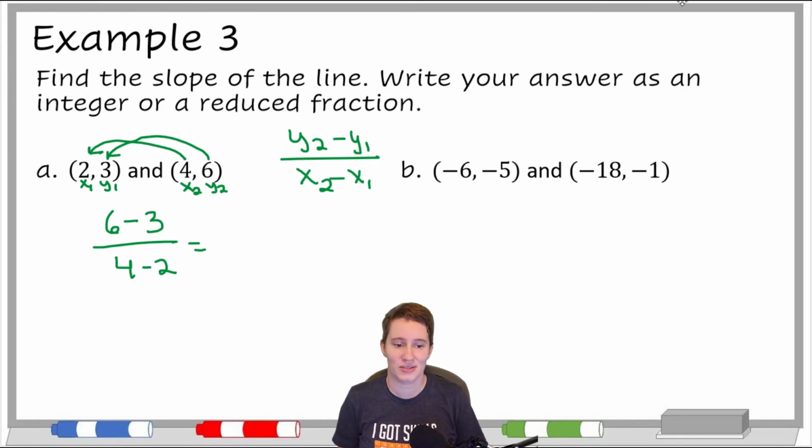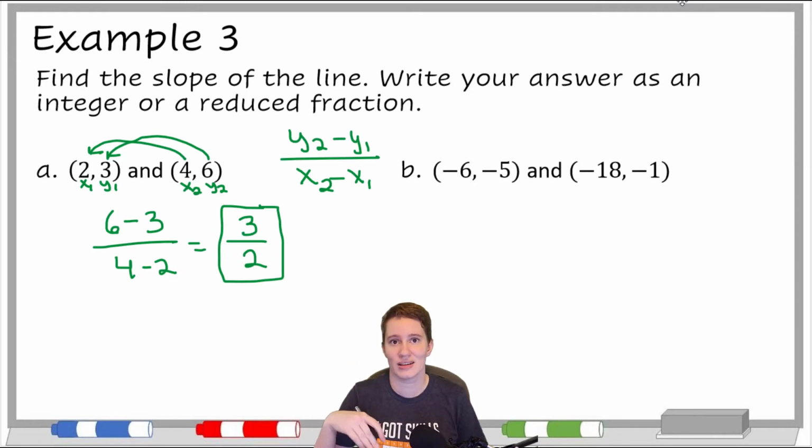We need to do 6 minus 3 on top, which is 3. We need to do 4 minus 2 on bottom, which is 2. We do not need to change this to a mixed number. In fact, I would say that is counterproductive, because if we change it to a mixed number, then we can no longer see the rise and the run as clearly as if it is an improper fraction. And there's also another reason that we'll see in the future as to why we don't normally change it to a mixed number. But I don't want to spoil that for us. Let's try it on B, and I'll try to take you all the way through here in such a way that